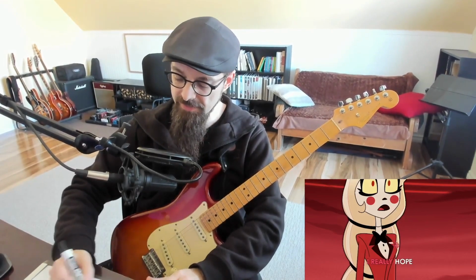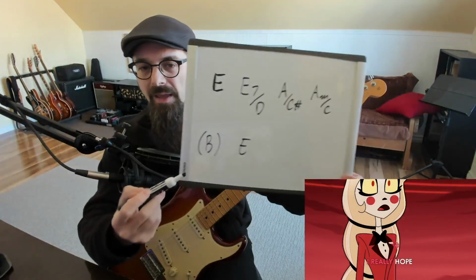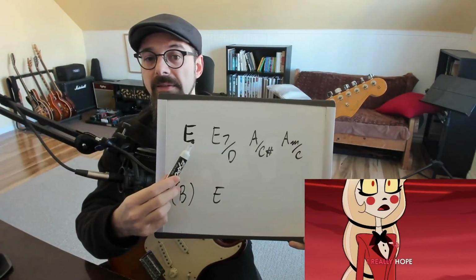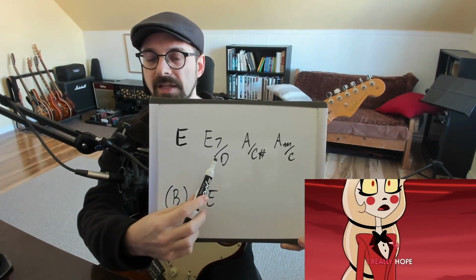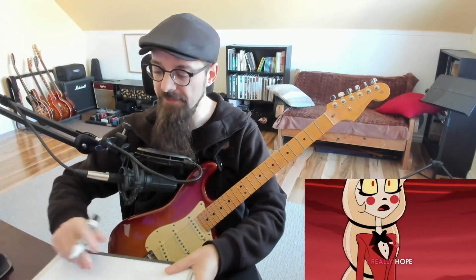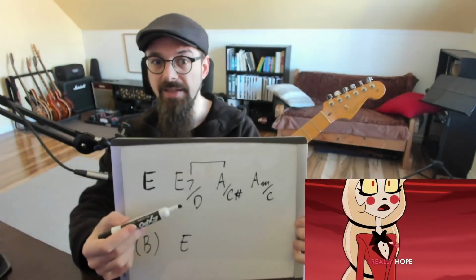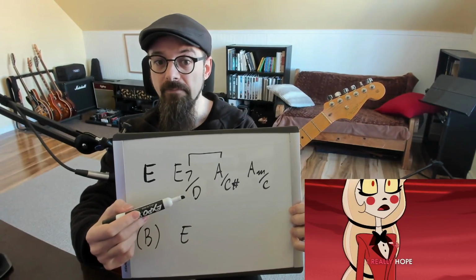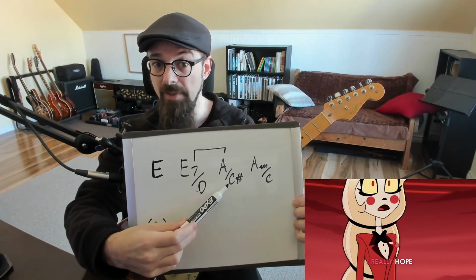Implicit, there's going to be a B later. And then you're going to end on an E. So, first chord, it's E. First chord of the key, in the key of E. Then we have this E7/D. This is a 7th chord in 3rd inversion, and it's the 5th of the A major chord. So we are temporarily shifting from the key of E major to the key of A major and resolving this. So we have a little cadence in a different key. But it's very weak because the 7th is at the bass and the 3rd is at the bass.